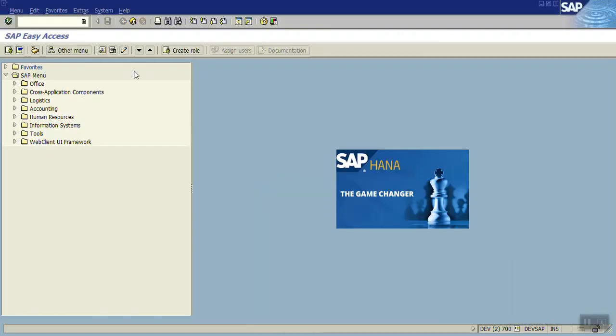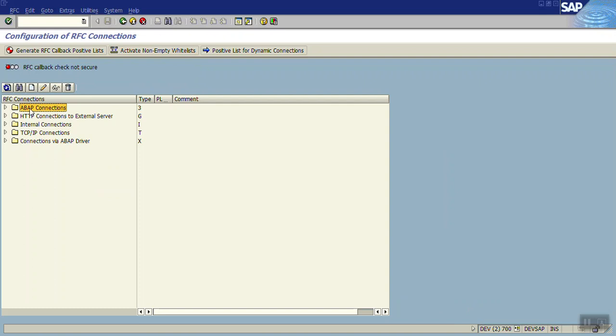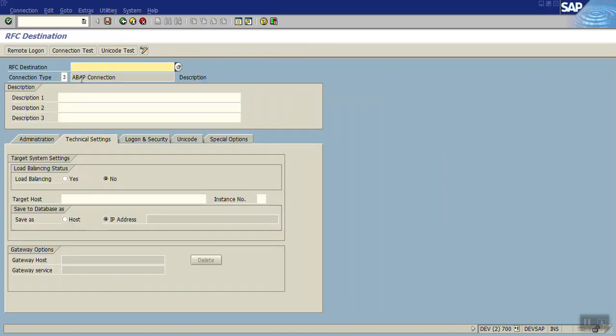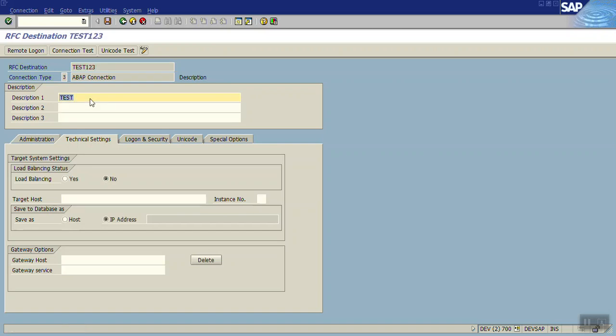So how do we create the RFC destination? Go to SM59, ABAP connection, click on create. We have to give the RFC destination ID and description. In the technical settings, we have to enter the IP address of the receiver system.